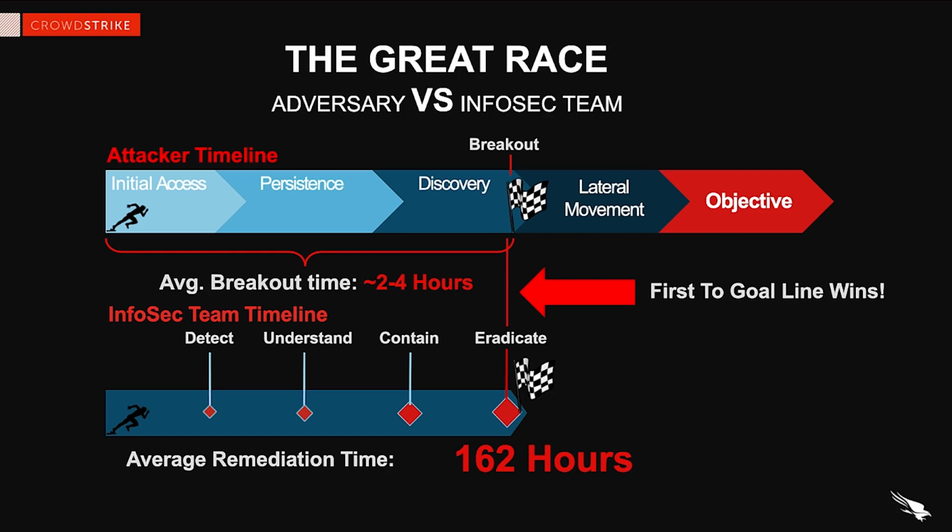And we believe that it's crucial for security teams to be able to detect, understand, and remove this adversary before they're able to move around in the environment, which is what we call the point of breakout. You can see the little timeline here is what we're all racing toward. And it's because that reduces risk of them accomplishing their objective, which in many cases is ransomware for data exfiltration